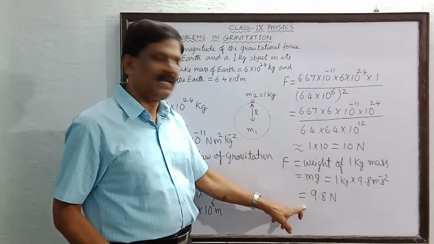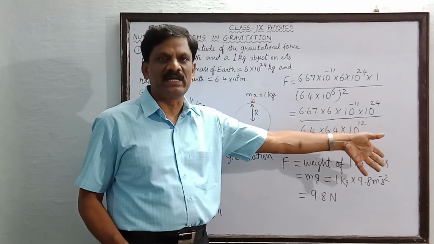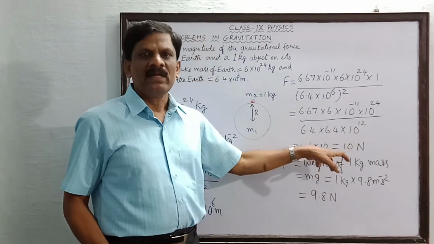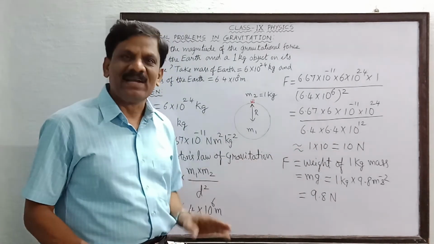Okay, students. Suppose if you assume G equal to 10 meter per second square approximately, do we get the same answer here or not? If small g is taken as 10 meter per second square, then M into G is 1 into 10, which is equal to 10. This is another way of verifying the answer. Okay, students, have you all understood?